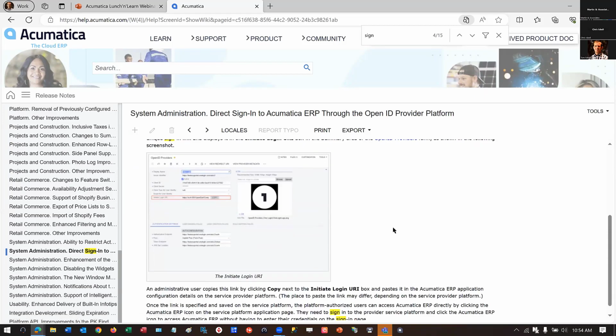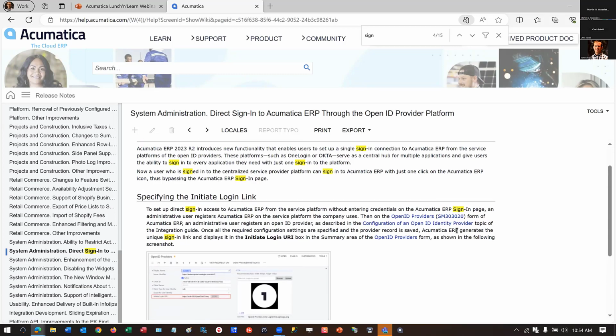I know that I've had a number of customers who employed Okta and were asking about that, and it's just gotten easier. These all kind of fall under the open ID providers, Okta being one of them, or at least one that I know. Oh, that's right, they mentioned it here. These platforms such as OneLogin and Okta. So if your IT team is super excited about